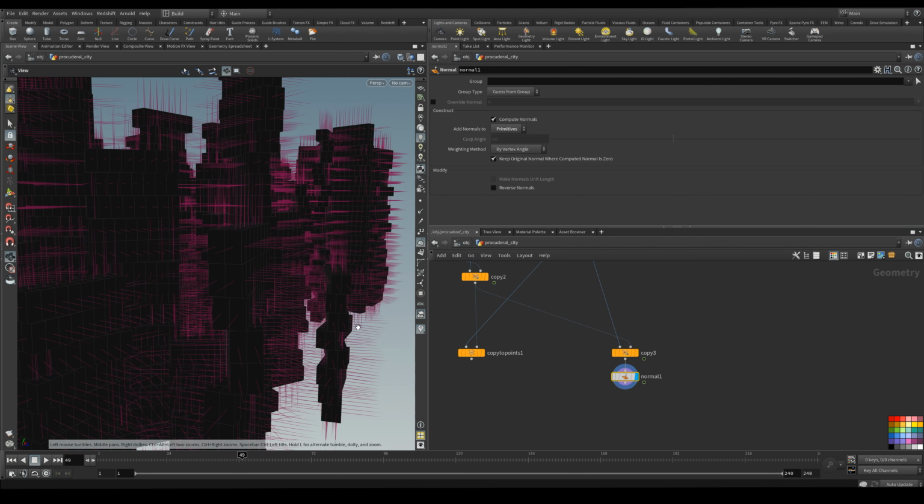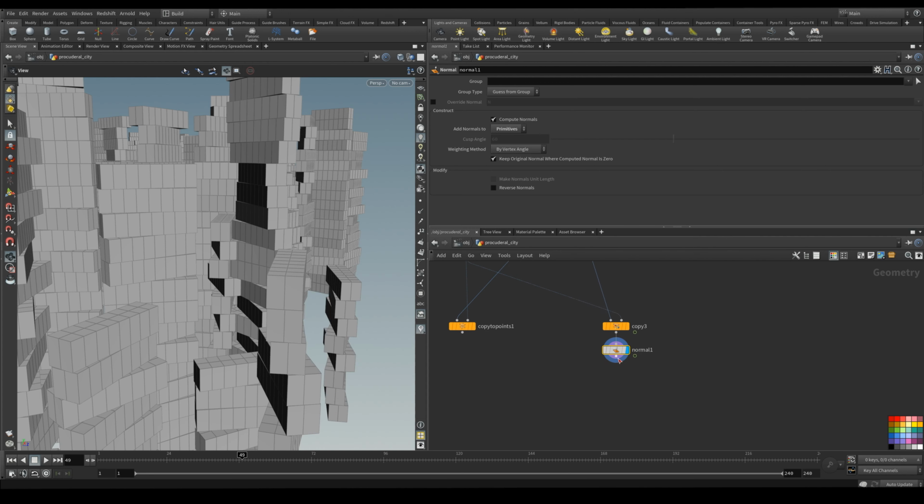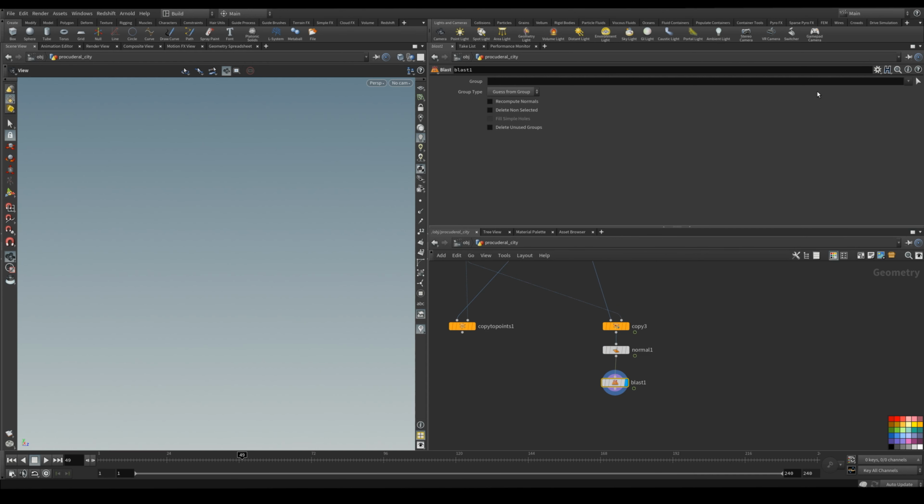Set this to primitives. And now in a spreadsheet, we have the normal values, and we can use a blast node to isolate the horizontal and vertical panels. I'm gonna run this through primitives, and we're gonna access the normal y value, and if this is equal to 1, which is going up,